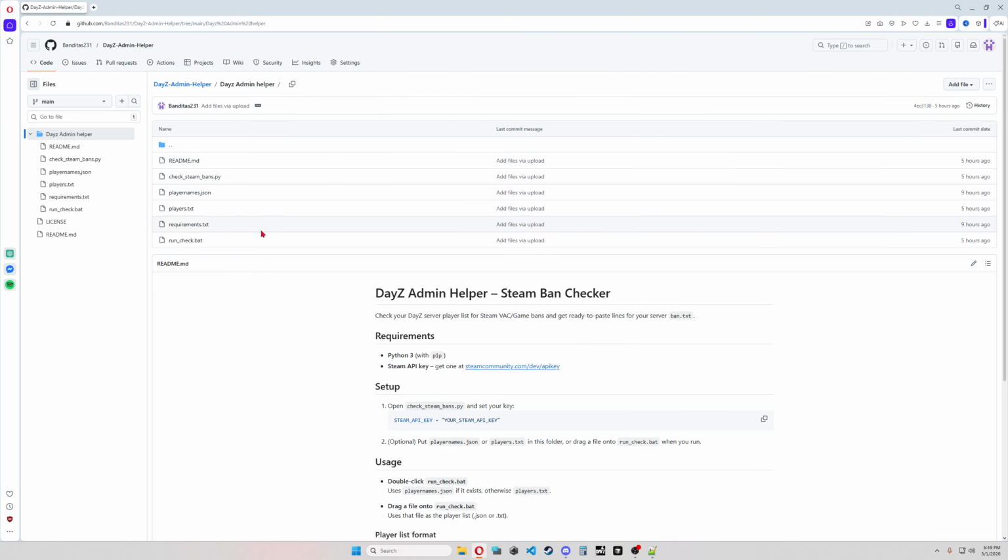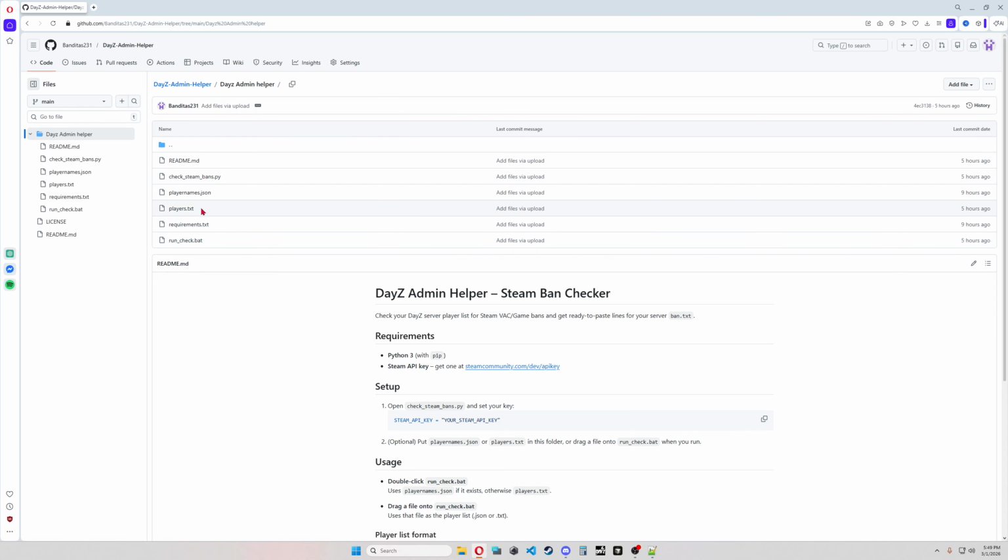Also, because some people maybe don't know how to run the command for Python, I made a check.bat file. What it's gonna do, you take the players text there. I'm gonna explain what you need to write there, and drag and drop to the bot.